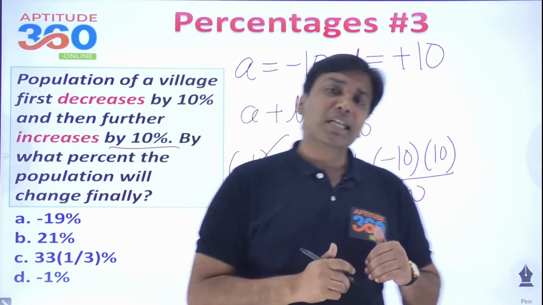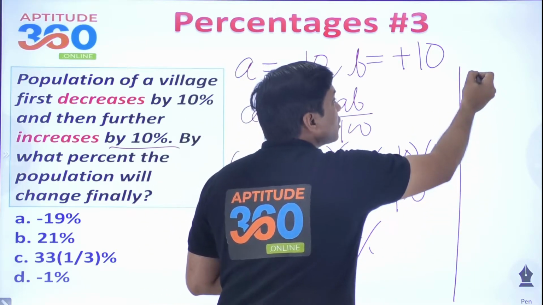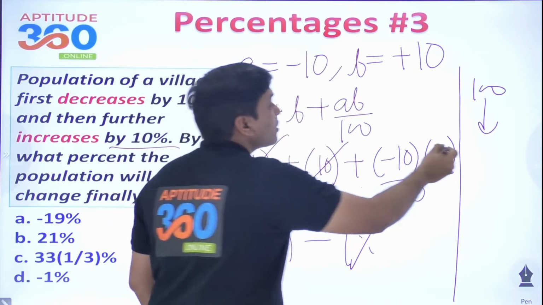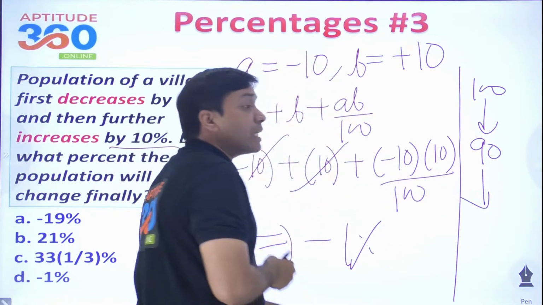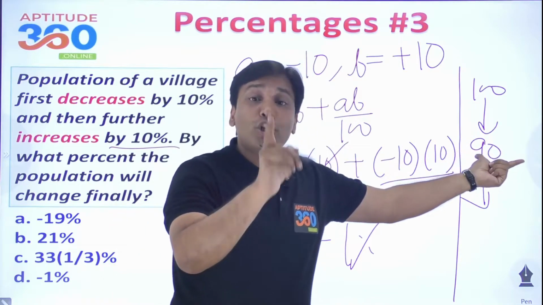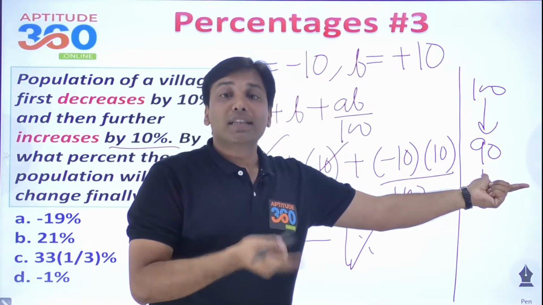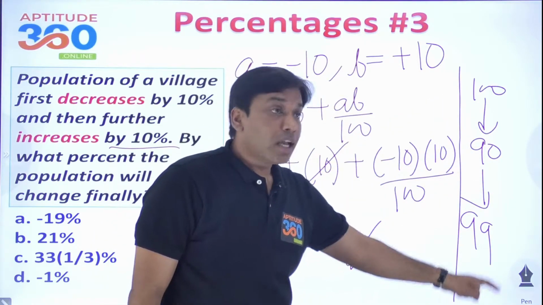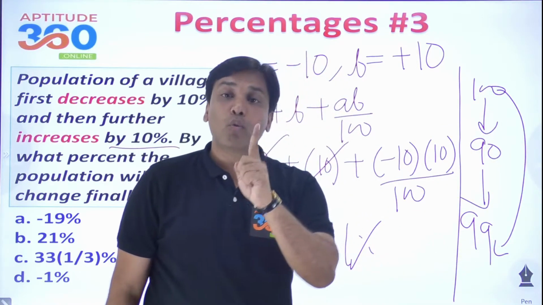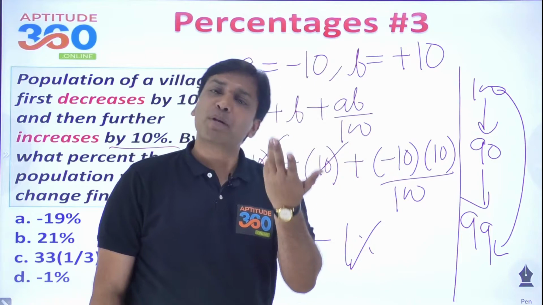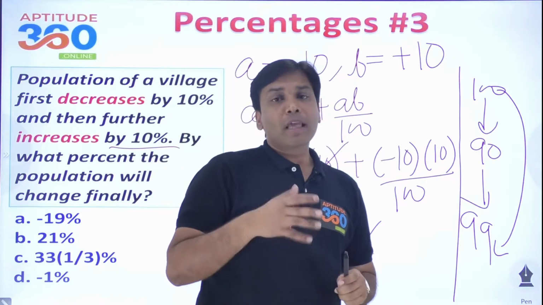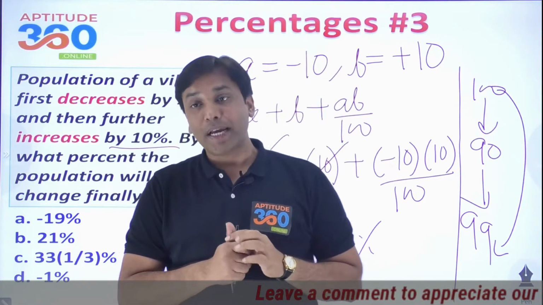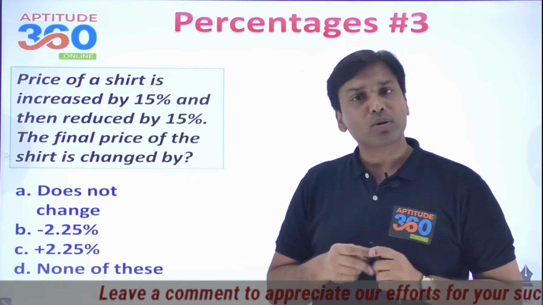देखो इसका ना बड़े सिंपल से तरीके भी कर सकते हो आप. You could say that population in the first year is 100, right? And it is decreasing by 10%, so it is going to be 90, and then it is increasing by 10%, so 10% increment of what? 90 का 10% कितना हो गया? 9. If you add 9 over here, you will get what? 99. You won't get 100 back. अब यहां से यहां डिक्रीज कितने का हुआ? 1 का. So what is going to be the final change in the population? 1%, negative 1%. Is that okay? So either you apply AB formula or you apply the common sense. Everything must get you the same answer, right? But AB formula करने में क्या होता है कि दिमाग नहीं लगाना होता एग्जाम में, वही तो नहीं काम करता है.